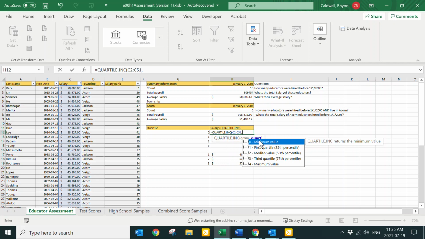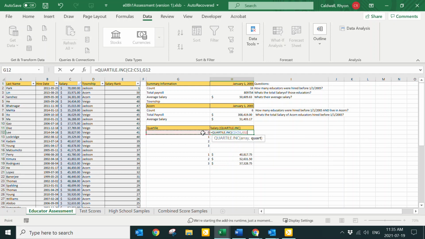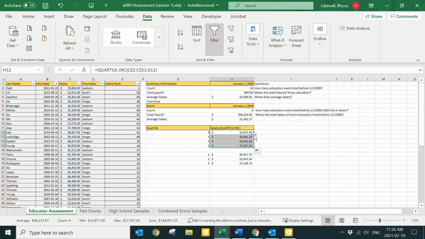So I'm going to stick with my quartile, and I've got the quartile over here. So I'm going to go 0. And that one's relative. This one's absolute, so I've got to make sure that I lock it in. So I'm going to hit F4 once. That's for the entire range, but I don't need to lock in the column and the row. I can just lock in the row itself. All right, and then from there I can hit enter, or I can close the bracket, and it comes up with the number. Perfect. All right, so now if I copy that down, I can double click the bottom right